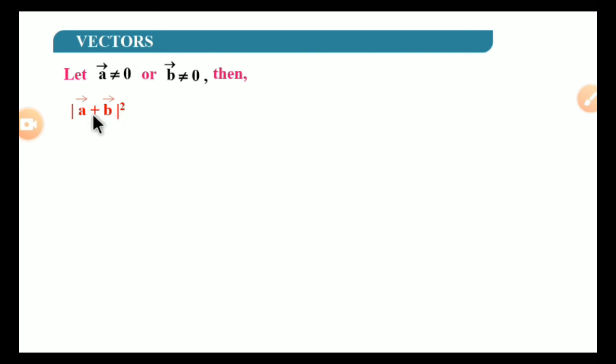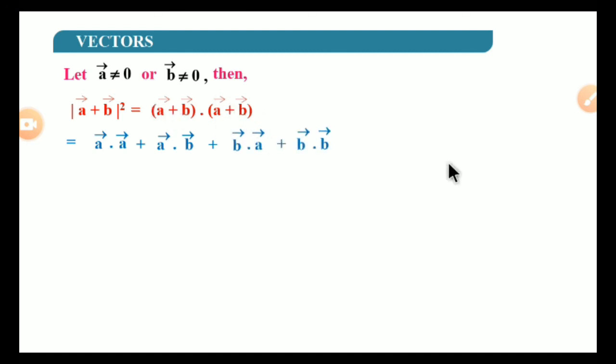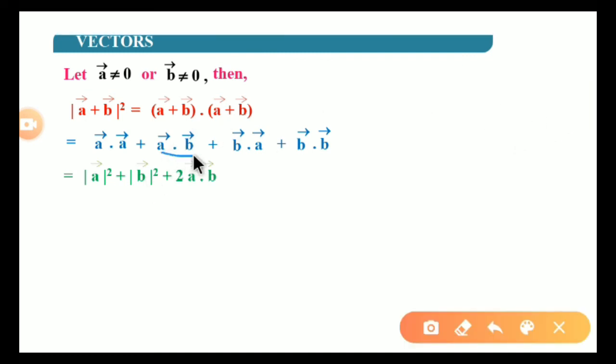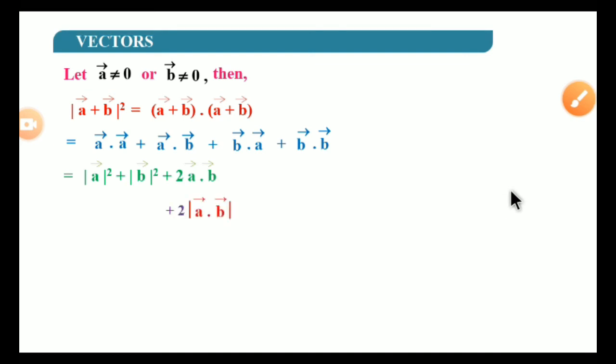the magnitude squared of A plus B will be equal to A plus B dot A plus B. Therefore A dot A plus A dot B plus B dot A plus B dot B. After simplification it becomes the magnitude of A squared plus the magnitude of B squared, and here A dot B and B dot A are equal, so commonly I am taking 2 times A dot B. This is at most 2 times the modulus of A dot B, because A dot B is always less than or equal to the magnitude of A dot B. Therefore the magnitude of A squared plus the magnitude of B squared plus 2 times the magnitude of A dot B is greater than or equal to the magnitude of A plus B whole squared, because